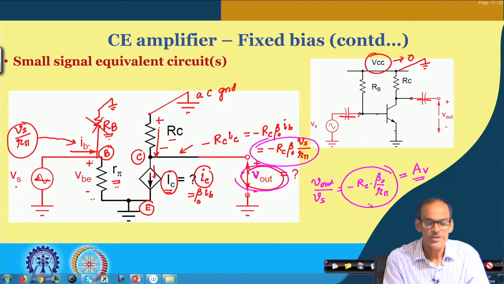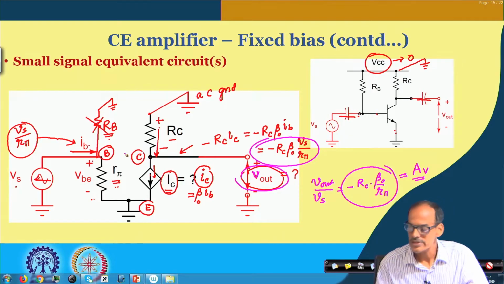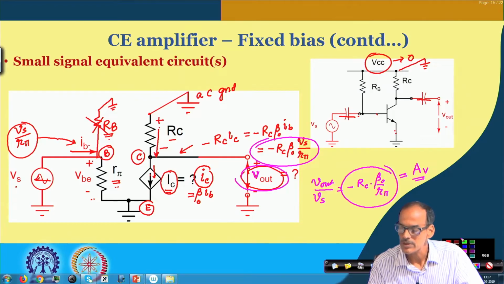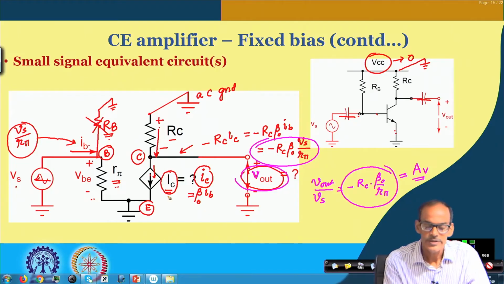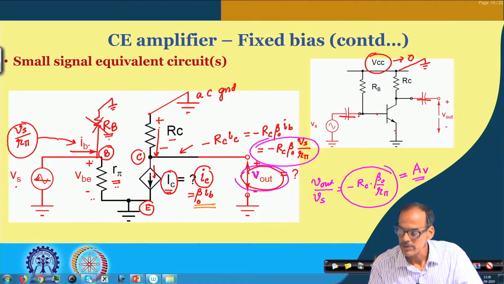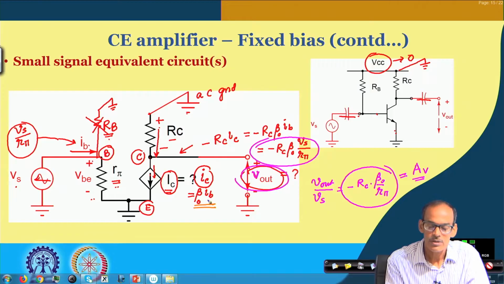Now, this small signal equivalent circuit may have two ways of representing. The first one we just discussed. The other one is again similar, the only difference is that I c, instead of writing in terms of I b, let me use blue color. So, instead of using I b, we can write I c equals to